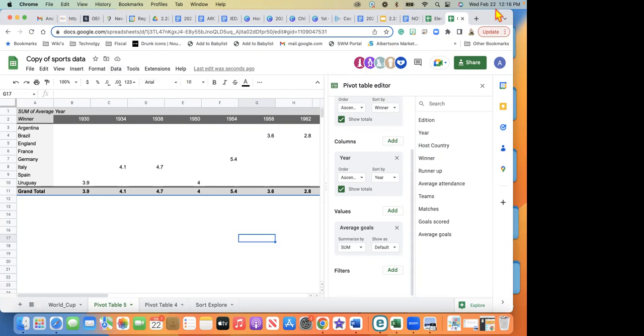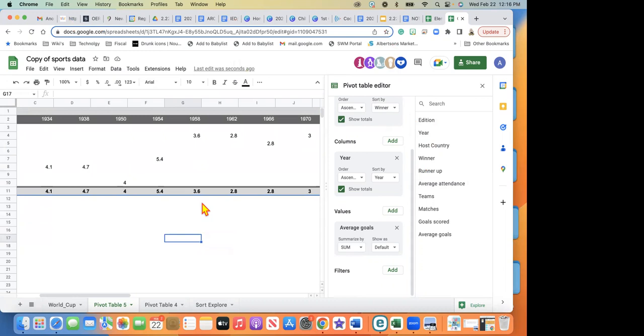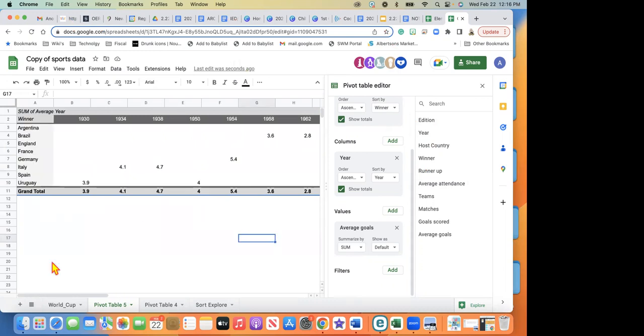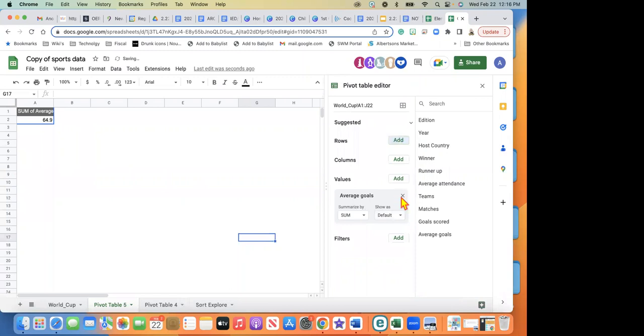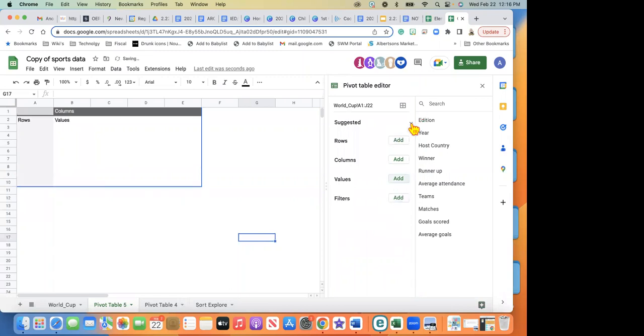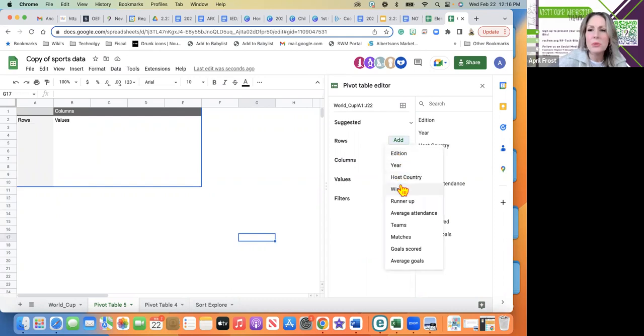Yeah. And so you discovered the thing, and you could ask the kids, like in math class or something, do you see a trend over the years? Are they getting more goals in a game through the World Cups, or are they getting fewer goals? And then somebody else will say, hey, I want to know the average attendance. Does that change over the years? And you just change from average goals to attendance. Yeah, it's super easy to,